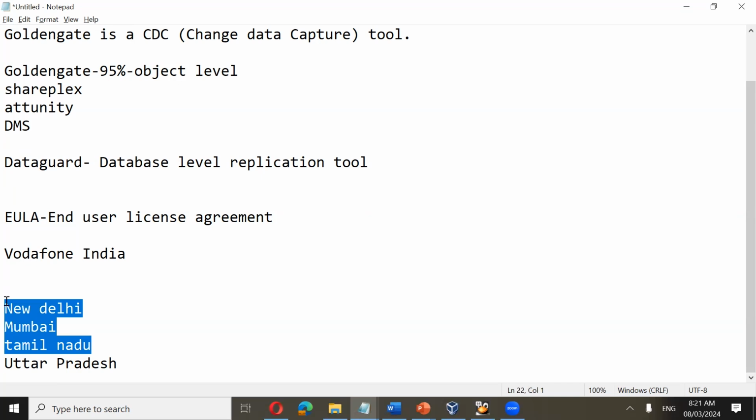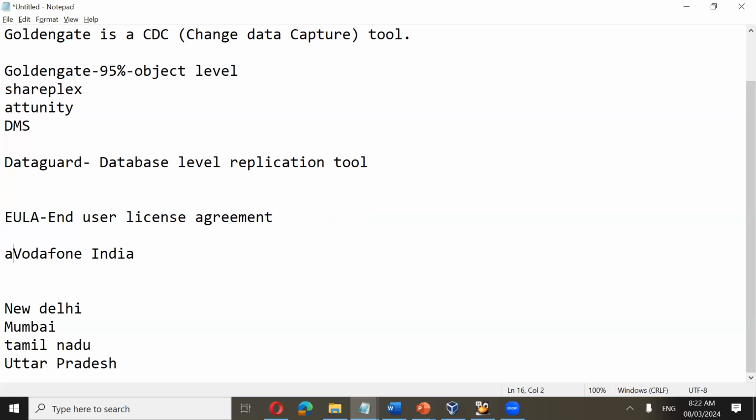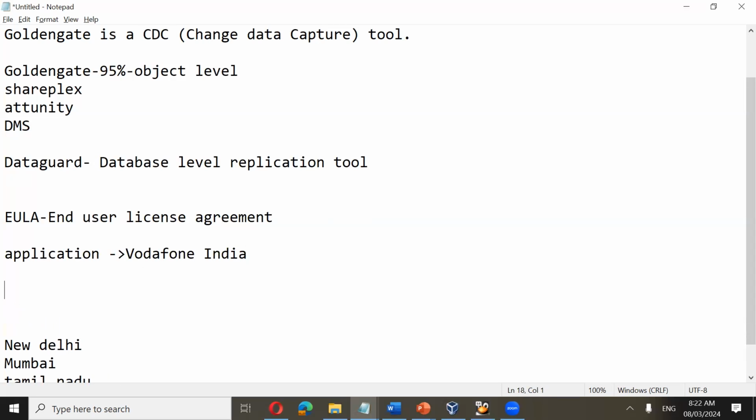So what I did was the application would be connected to this Vodafone India. Say for example, you are in New Delhi and you bought a new connection of Vodafone. Your name is, say for example, XYZ. XYZ went to a Vodafone store, bought a new connection, and his number is activated. So the application will do the transaction and his details will be inserted into